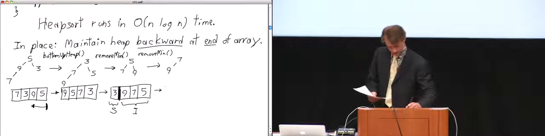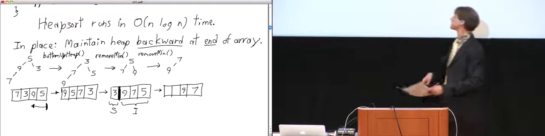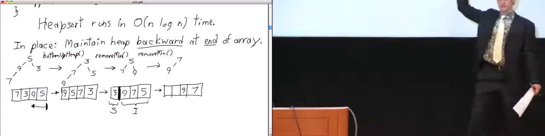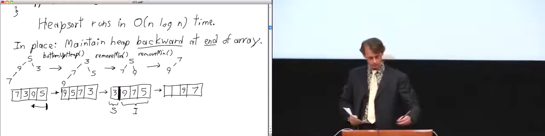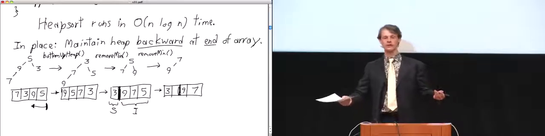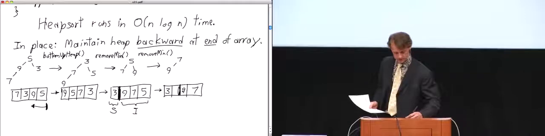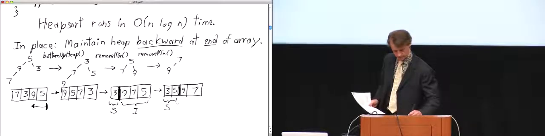In the array, that means using reverse level numbering, the 7 goes there, and the 9 goes there. And that's what the heap looks like. The rest of the array, again, is going to be for the items that we've removed so far. So the 3, we don't touch that. The 5 that we just removed from the heap goes into the empty space that just got freed up. So now we have 2 sorted items.